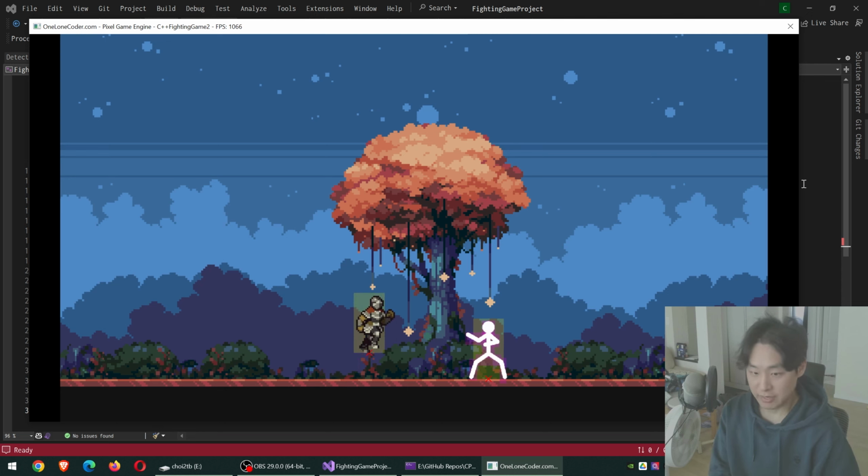One interesting detail is that for the OLC Pixel Game Engine, which is what I'm using for this project, going upwards on the y-axis means your y position is getting smaller. So if you're up by 10 pixels from 0, 0, that's actually negative 10 in screen space for this engine. Just a little minor detail.